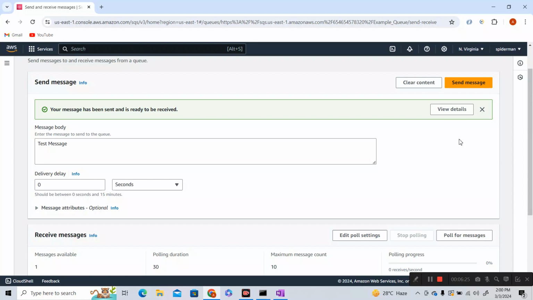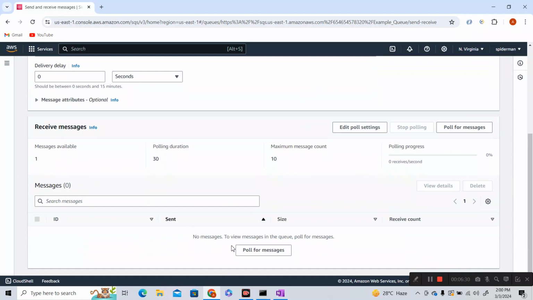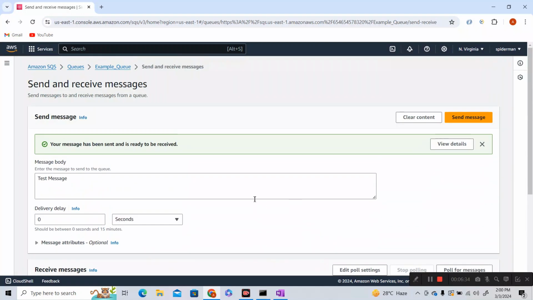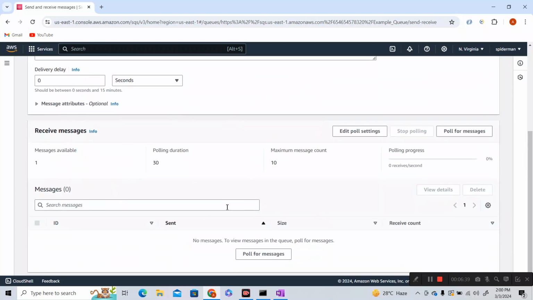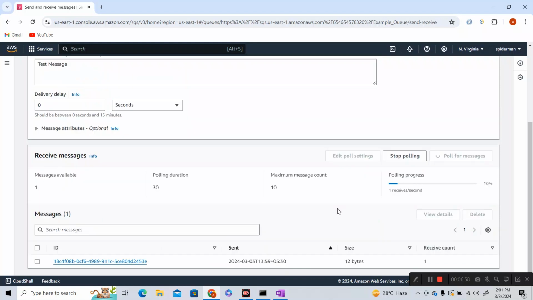So how does it happen? When you are receiving the message, you can see that messages available is 1, but still the message is not processed or not visible. For now, the SQS queue is the consumer and the producer. So let's see the example over here only. Later on, you can have a consumer and a producer microservice, and you can play around. So here in the receive messages section, there are no messages, but still the available messages are 1. So now what I'm going to do is click on poll for messages, and if you see,